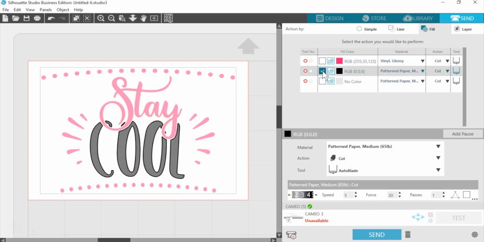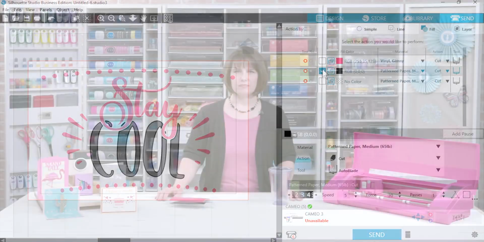So you can see that only the black lines, the black shapes are going to cut. And so then I would load the black vinyl onto my Cameo mat, put the mat in the machine and click send. And that way I don't have to move anything on and off the mat. I can just choose which color to cut at a time.